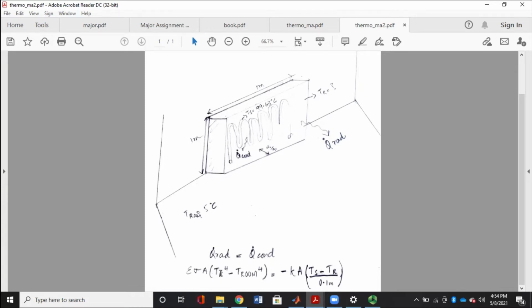And now we know that Tr, the temperature of the radiator, is unknown, while T room is known, and it is 5 degrees Celsius. But it will not stay at 5, it will change from 5 to the various endpoints that we have. So we'll find the intermediate value of room temperature for each case in the code, as I'll show.